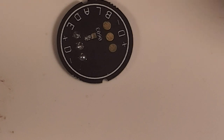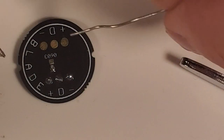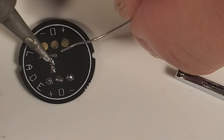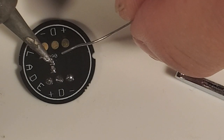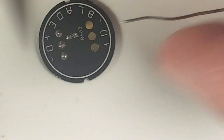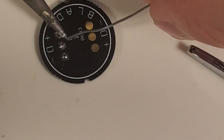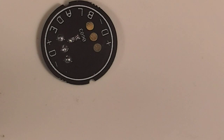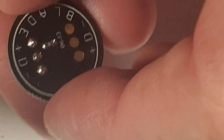And then once I get that side soldered, I'm going to come to the other side of the 0603 resistor, and that's when I'm going to solder the other side in, like that. And then I'll make sure that the initial side we soldered is good as well. So there we go. There's the 0603 resistor